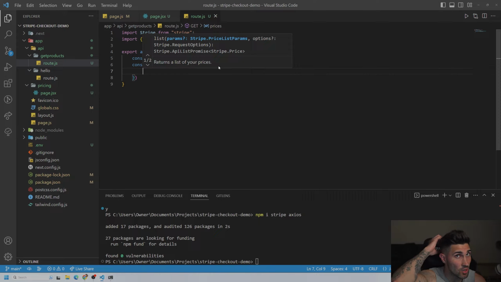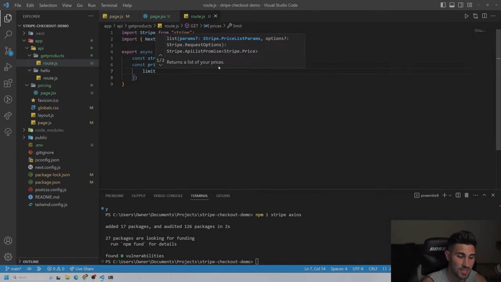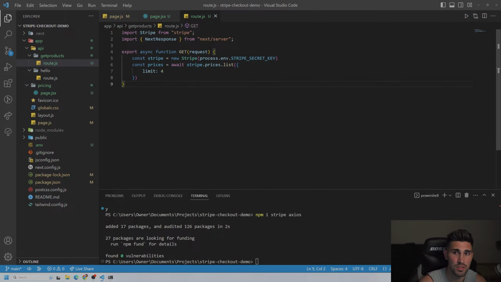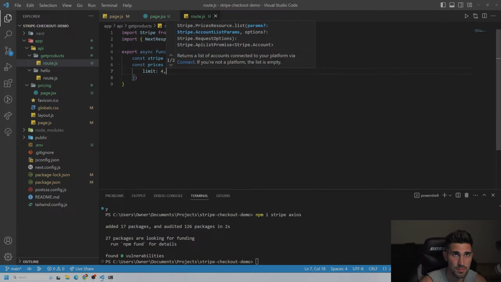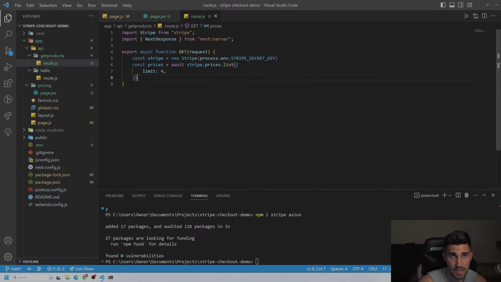So we're going to list all the prices, and we're going to pass an object parameter, and we're just going to pass one saying limit. So this is just going to limit the number of different product prices we're going to pass, and I'm going to keep it at 4 since that's how much we have. Other than that, next we just have to return